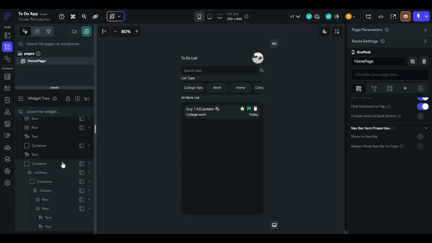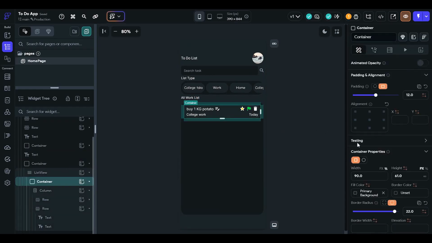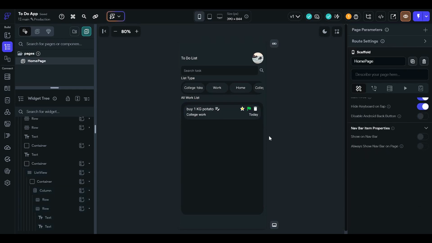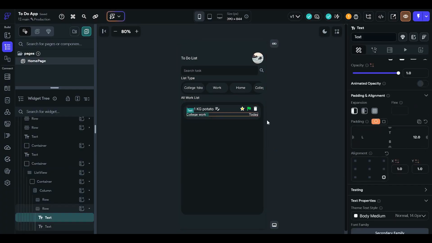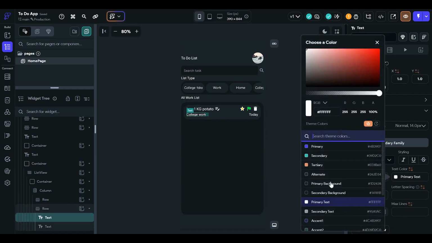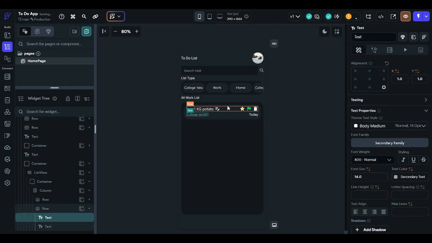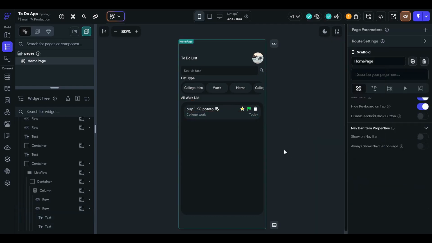Make the height a little bit bigger. Okay, change the text color to secondary text, same for the date time, so the main things get highlighted.